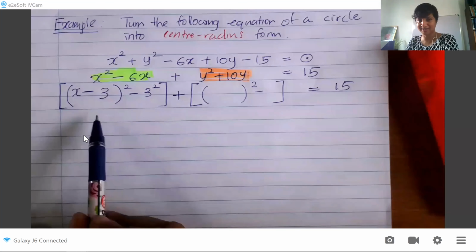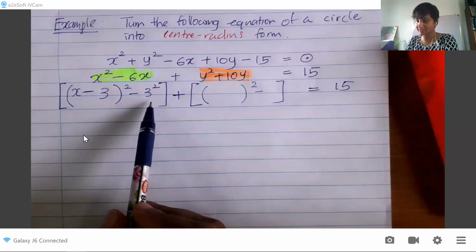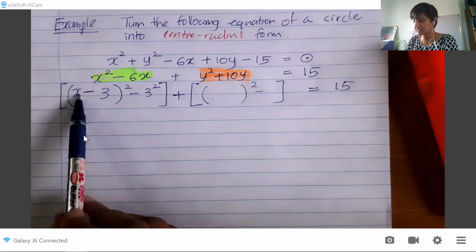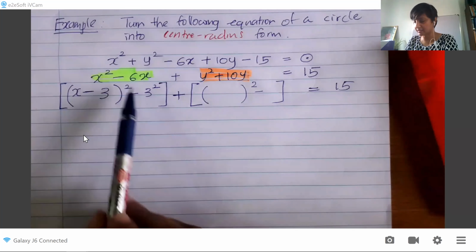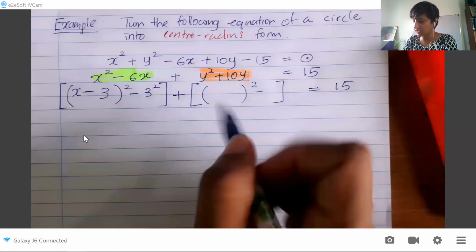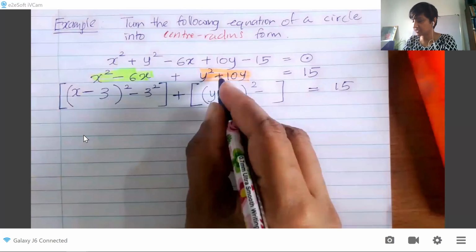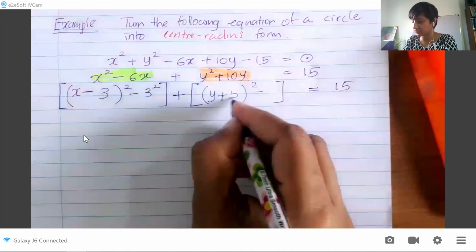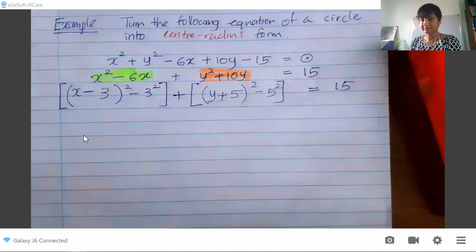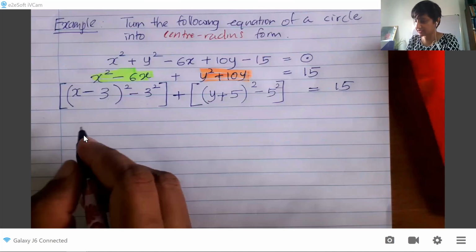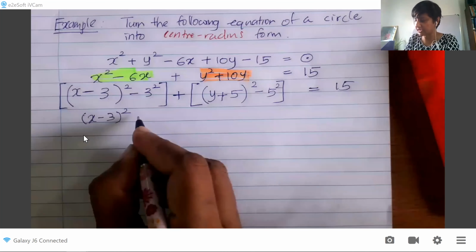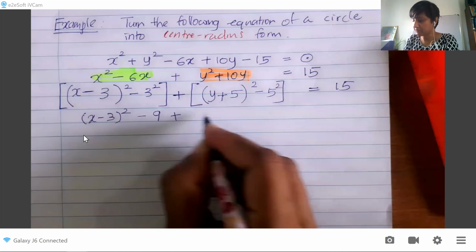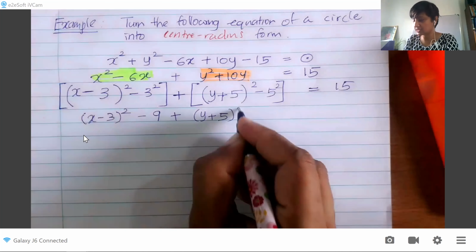So I went on up to that before I realized I was stuck. So when you complete the square for these two, x minus, this is same sign here, x minus half of that, so that's square, minus the same number square, and then here you get y plus the same sign, plus half of this number, 5, and then 5 square here. So let me write that nicely now. This is just x minus 3 squared minus 9 plus y plus 5 squared plus, sorry,